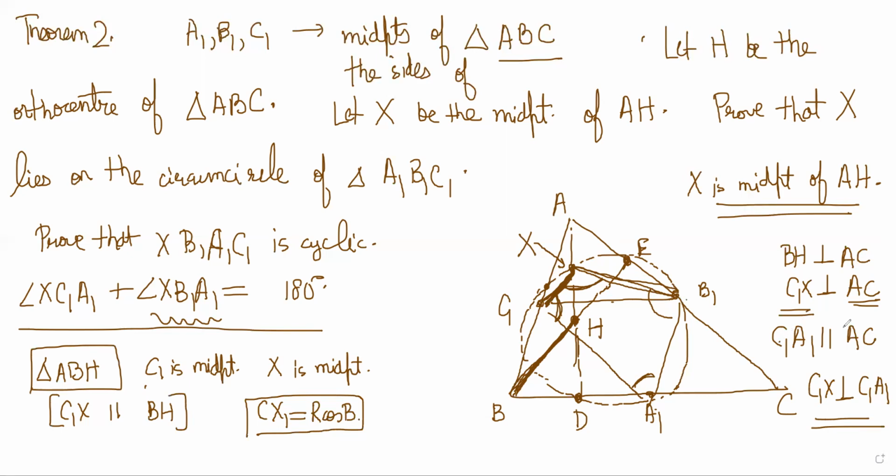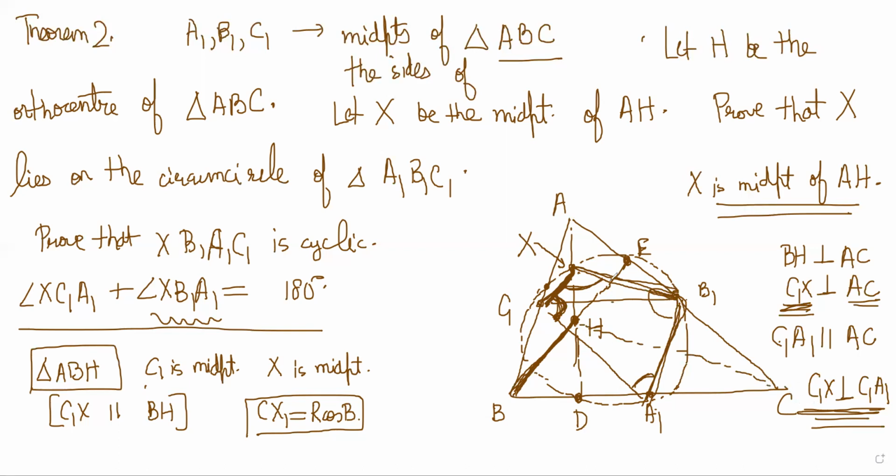Because AC and C1A1 are parallel, C1X will become perpendicular to C1A1. So this angle is coming out to be 90. Now let's think about XB1A1. If you look at the triangle,